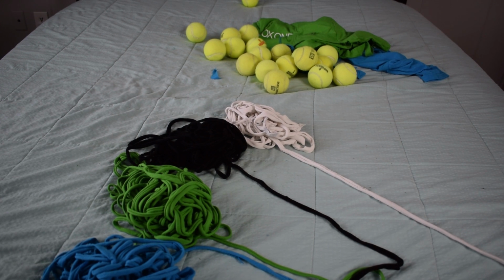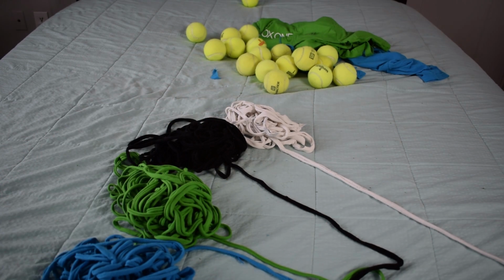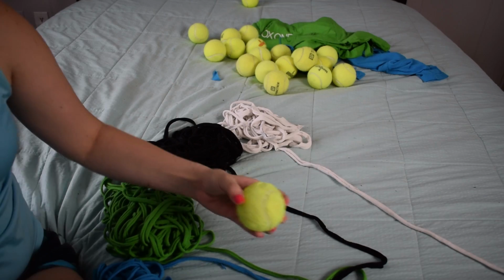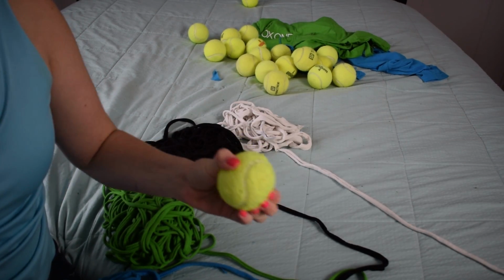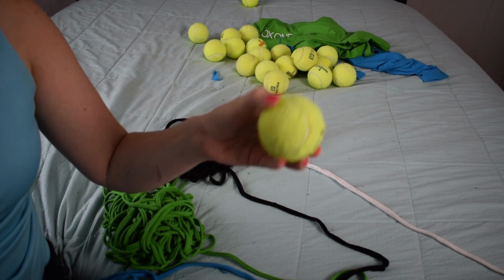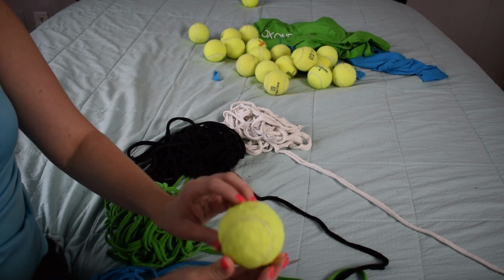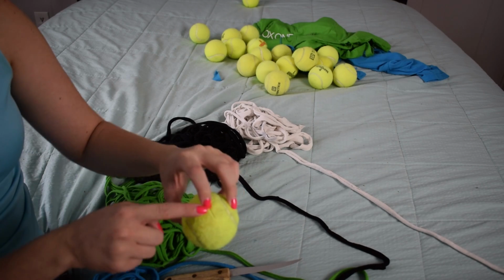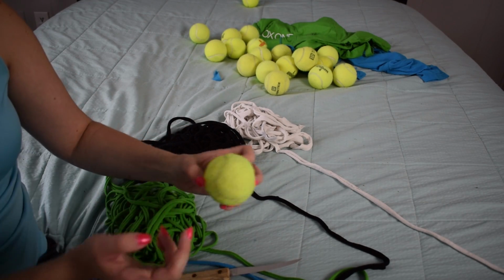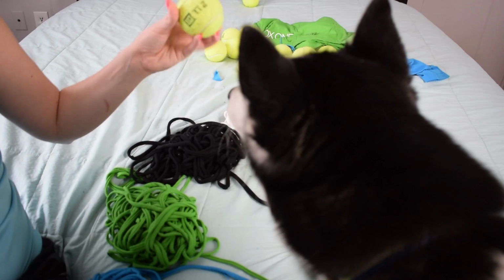So now that we have these all cut up, we're going to take a tennis ball. And I have already cut a hole into this one, but I'm going to show you guys how to do this right now. So what you're going to do is you're going to take your tennis ball. Apollo already chewed the heck out of this one, but you're going to take the other side. When you're making the hole, make sure they're the same on both sides. Not that one hole's here and the other hole's right next to it or whatever. Okay, so you're going to go straight across and make a little...